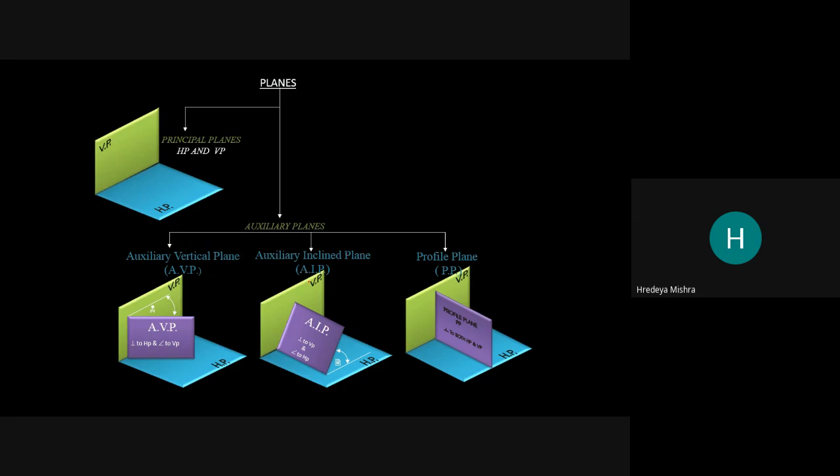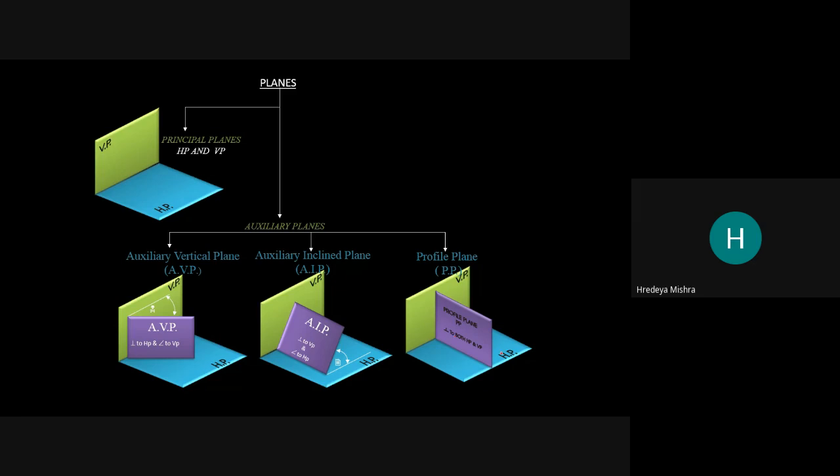Auxiliary inclined plane, AIP, is perpendicular to the vertical plane and inclined to the horizontal plane. And profile plane, which is perpendicular to both planes. PP, profile plane. AIP, auxiliary inclined plane.